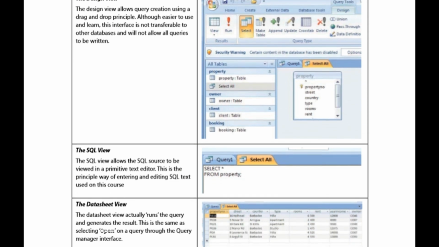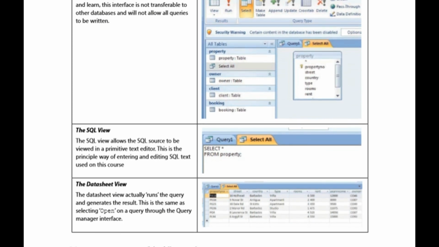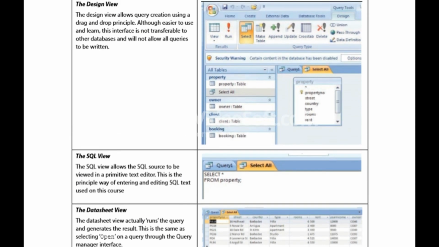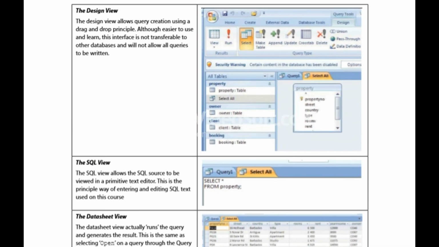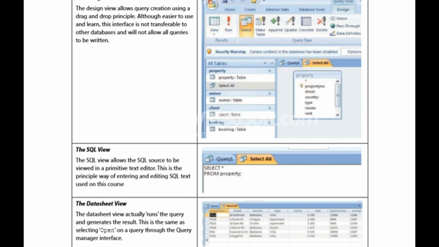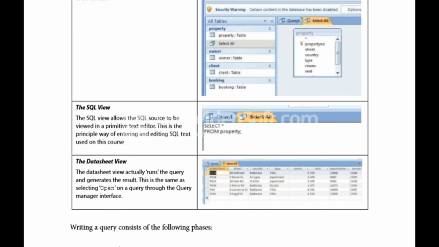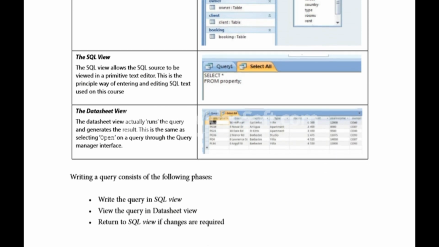The SQL view allows the SQL source to be viewed in a primitive text editor. This is the principal way of entering and editing SQL text used on this course. So obviously it is select, open, and from the property table. The design view is in front of you, and the SQL view is in front of you. The datasheet view actually runs the query and generates the result. This is the same as selecting open on a query through the query manager interface. So this is how you are able to